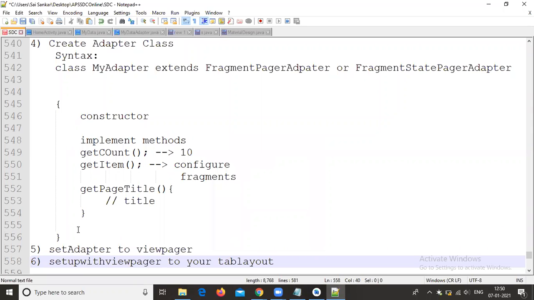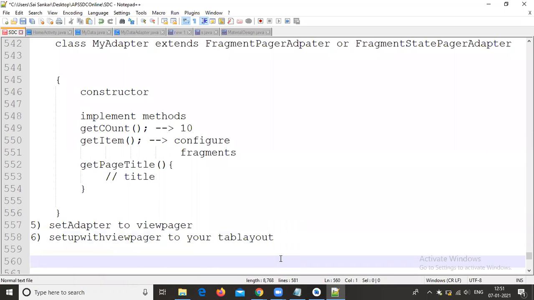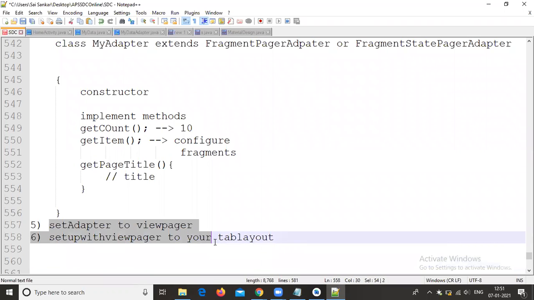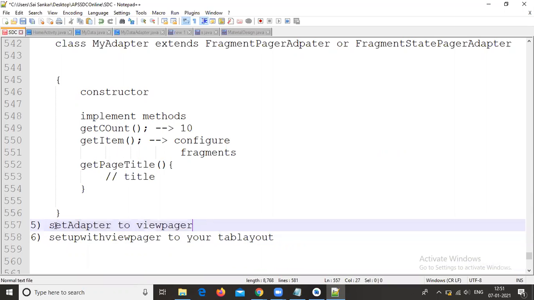After completion of this adapter, you need to implement these two steps. After that, your complete application will be working fine. If you forget to implement these two steps, the functionality is missing. Without setting the adapter to the view pager, you are unable to see the output, only an empty screen is available.